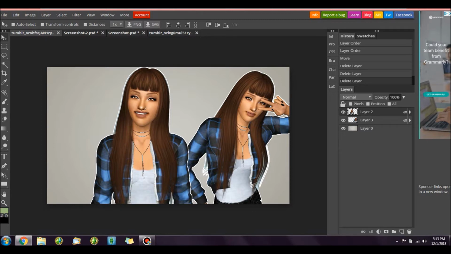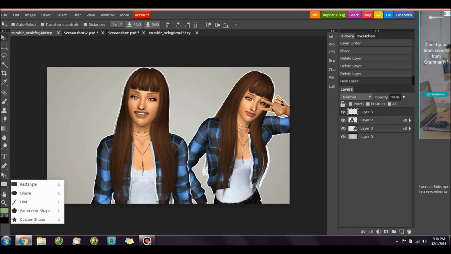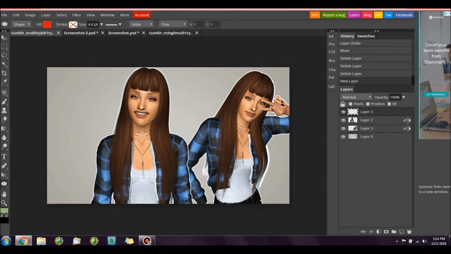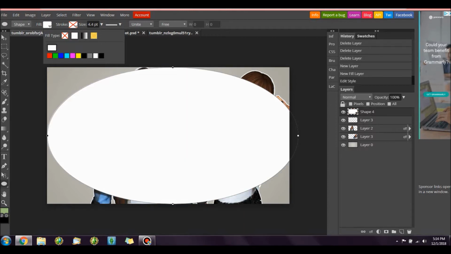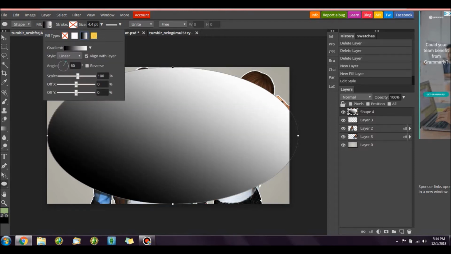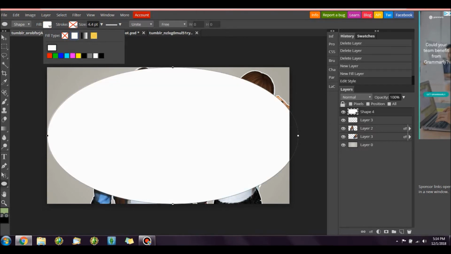And I'm just going to go to my extra layers, and then actually, I'm going to make a new layer again. I know I just deleted one. But I'm going to go to the, where is it? The little shape tool. And then you can draw an ellipse, which you will see. So here's an ellipse. It's going to show up as red, but you can change the color. I'm probably just going to do white, but you can do a gradient like this as well. But honestly, I'm probably just going to do a solid white, and then I'll go ahead and